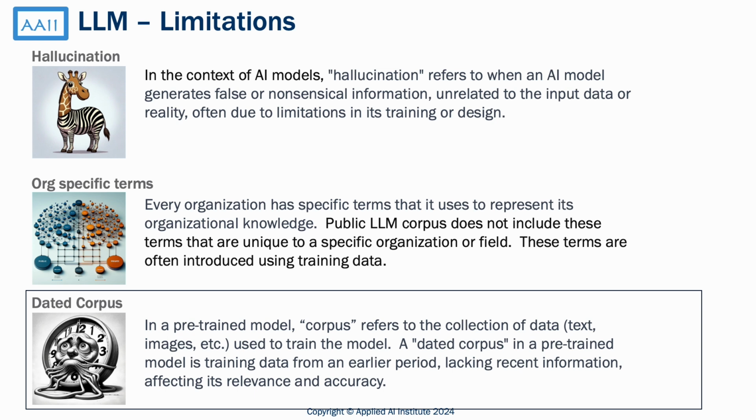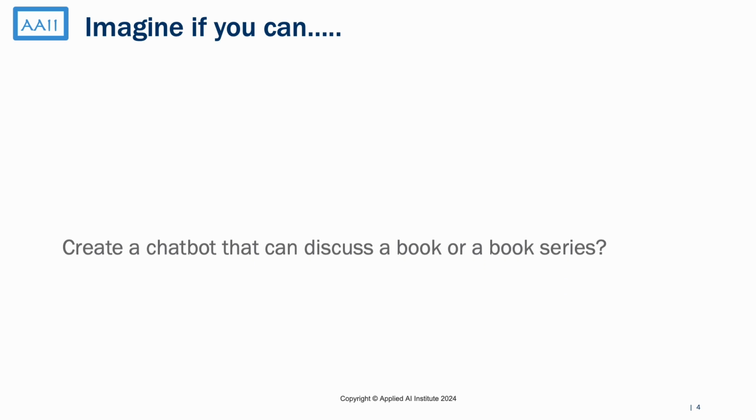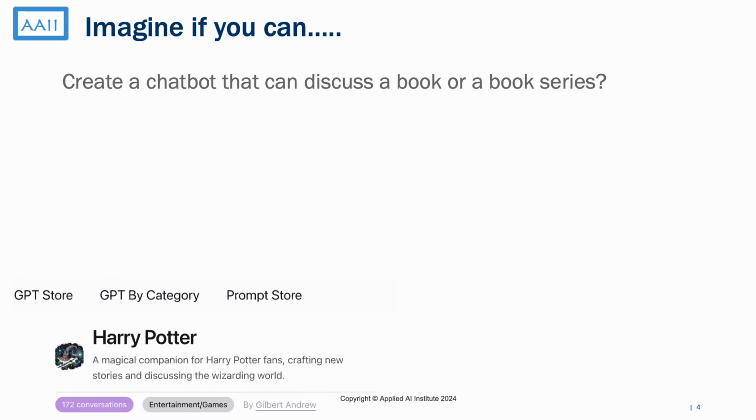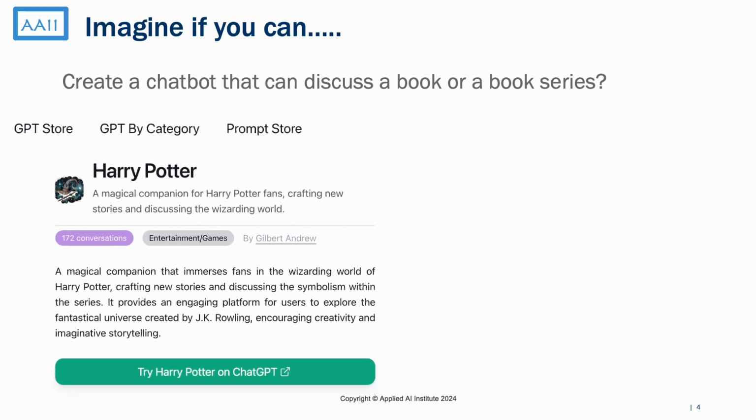So, how do we address these things? To put this into context, consider the popularity of the Harry Potter series. Imagine the convenience of a chatbot that could discuss these books in detail, especially for those who might find reading the extensive volumes challenging. Like my late mother who loved the series, such a chatbot could answer any questions about the series if it were fed all the relevant information, including detailed summaries or character analysis from all the books.